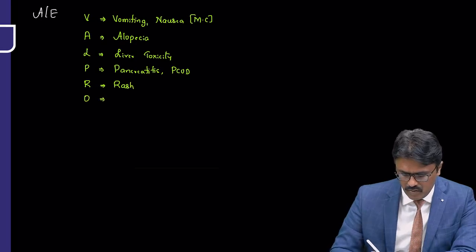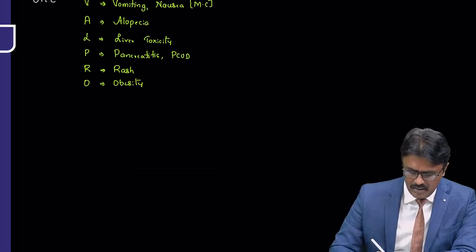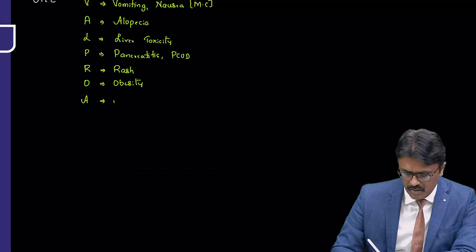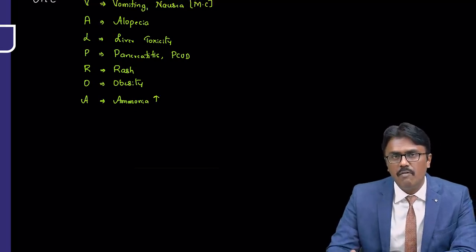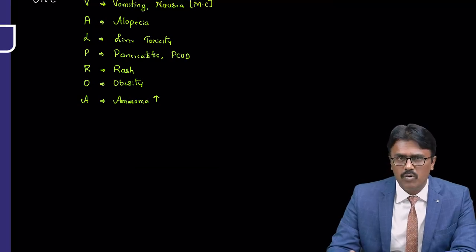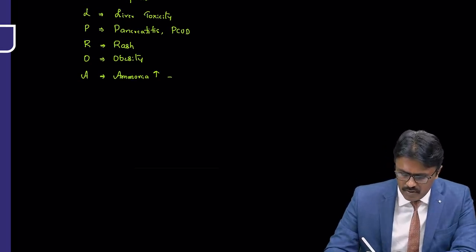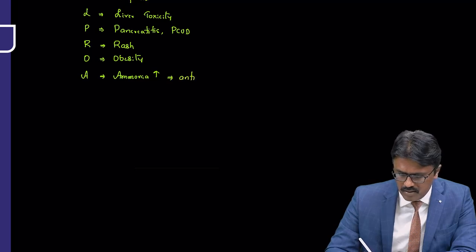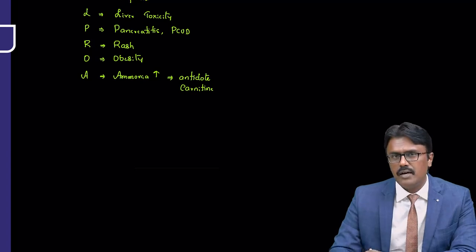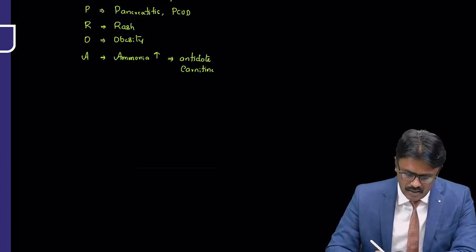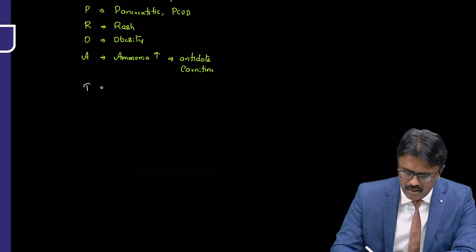O for obesity. A, the drug will produce ammonia. What ammonia? It will increase the ammonia level. So what we call it as valproate induced hyperammonemia. So what is the antidote for that? To decrease this, the antidote is called carnitine. The antidote is carnitine. Next, the drug can produce